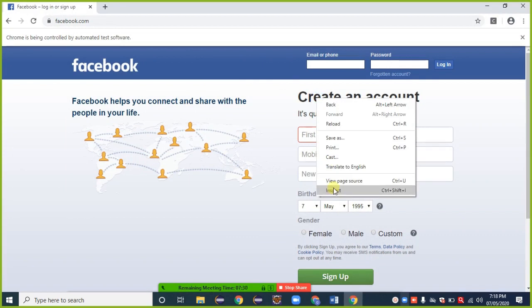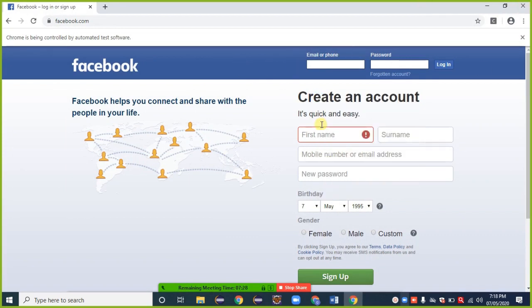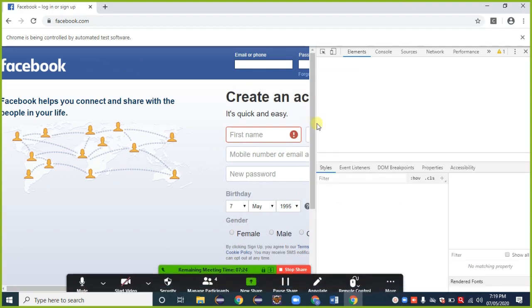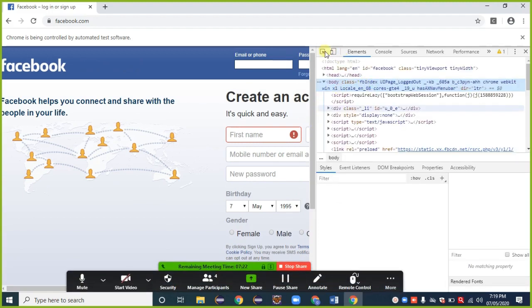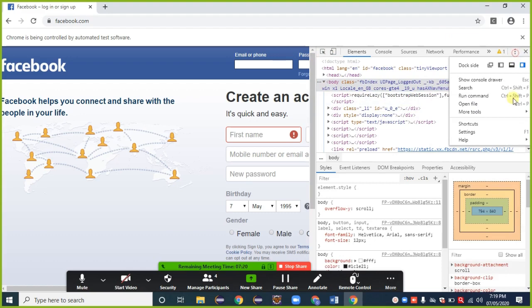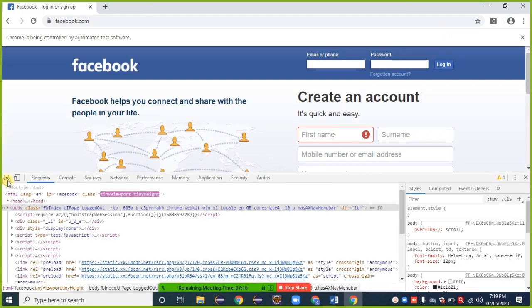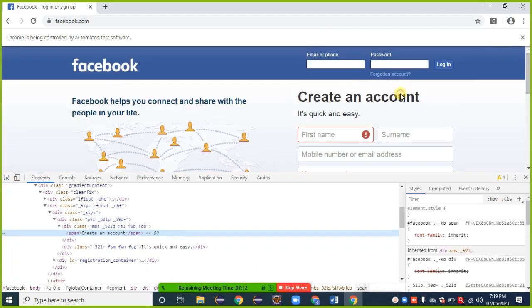Right click, inspect. Create an account, Ctrl+C, Ctrl+F.